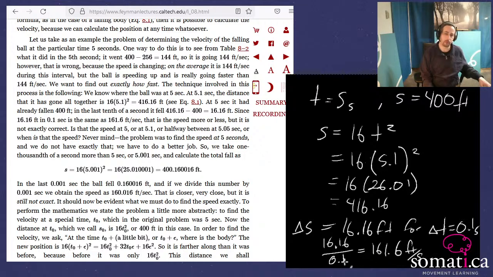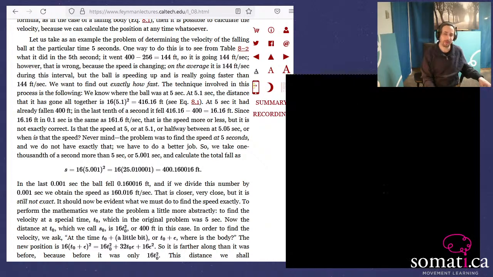So that's the velocity over that interval, but if you want to know the velocity exactly at 5 seconds, Feynman's saying you can work with an even smaller infinitesimal. So if you work with a thousandth of a second,